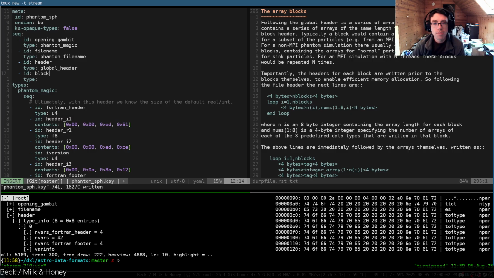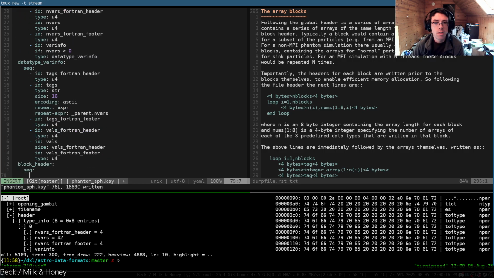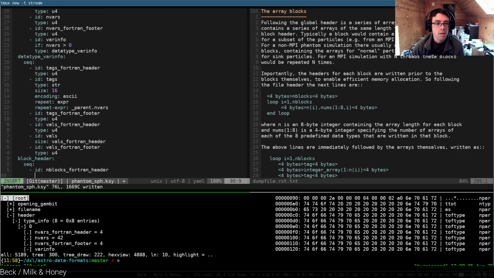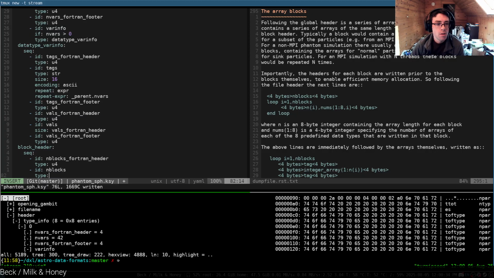Okay, now I'll call the instance info type block header. All right, ID blocks, n blocks, Fortran header type U4. Now n blocks type